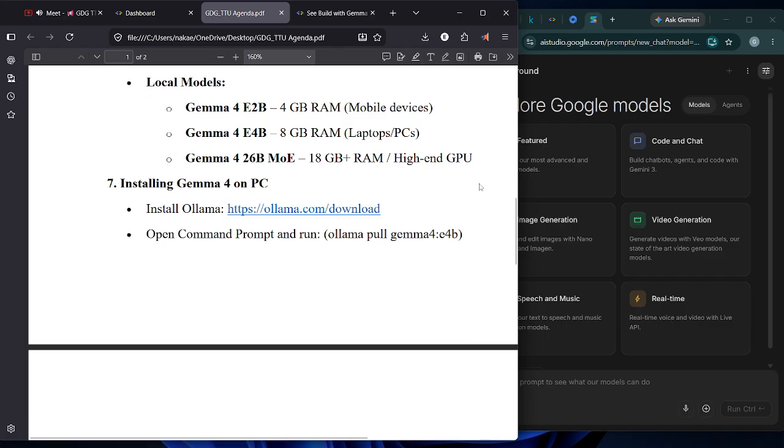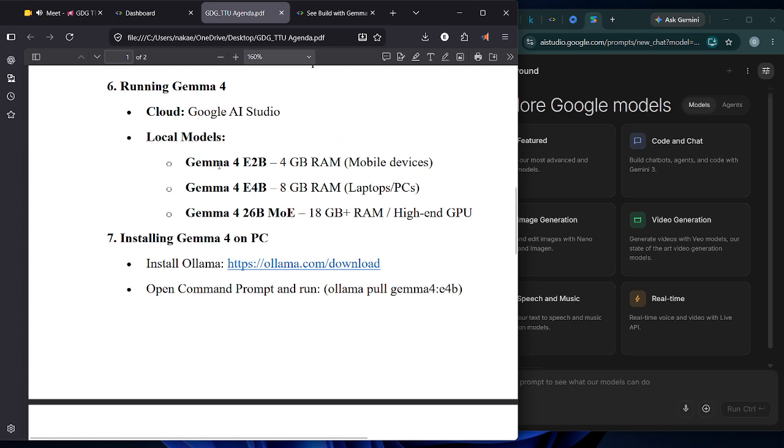Okay, so let's try to install something. To get access to Gemma 4, you need something called Ollama. So Ollama is the platform that will give you access to Gemma 4. Ollama will give you the interface that will let you access Gemma 4 models. Not only Gemma 4, other models are there, but we are focusing on Gemma 4, right? So when you click on this link,